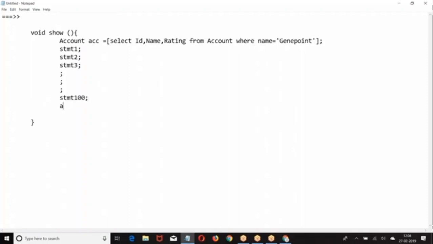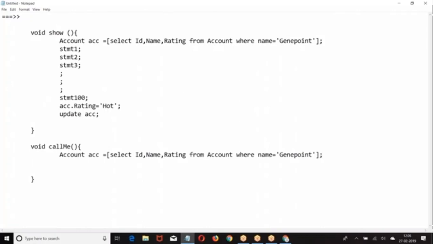Then I told ACC dot rating equal to this. I have one more method. Both of the methods are trying to work on the same record, right? This one is getting the same record, and this one is also getting the same record.